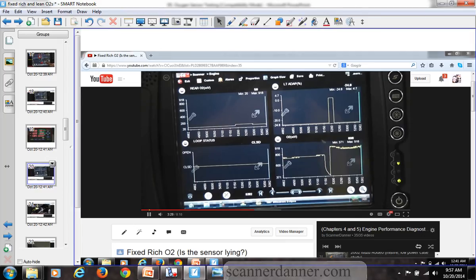Can you read the bottom? Fixed rich O2, is the sensor lying? Is that on the scan tool? What does it say that you can read? Oh yeah, '97 Mitsubishi Eclipse. No, that's the same one. Looks like maybe we go from